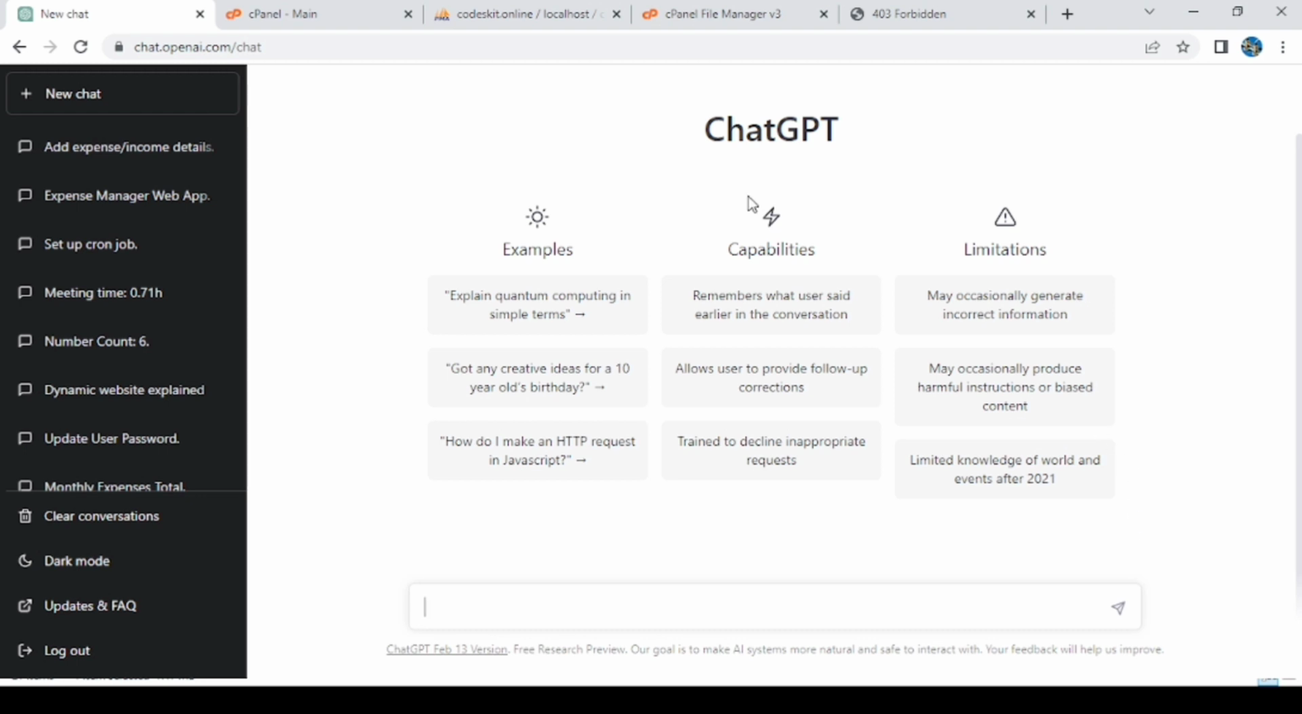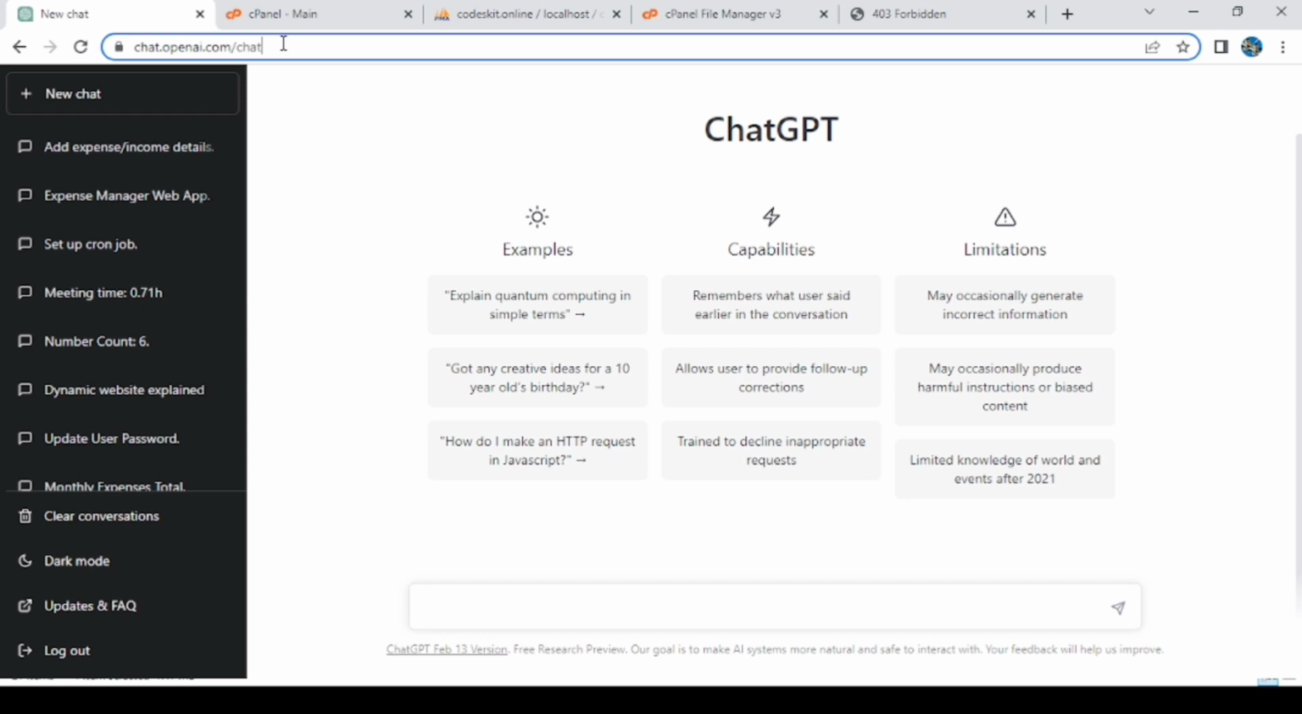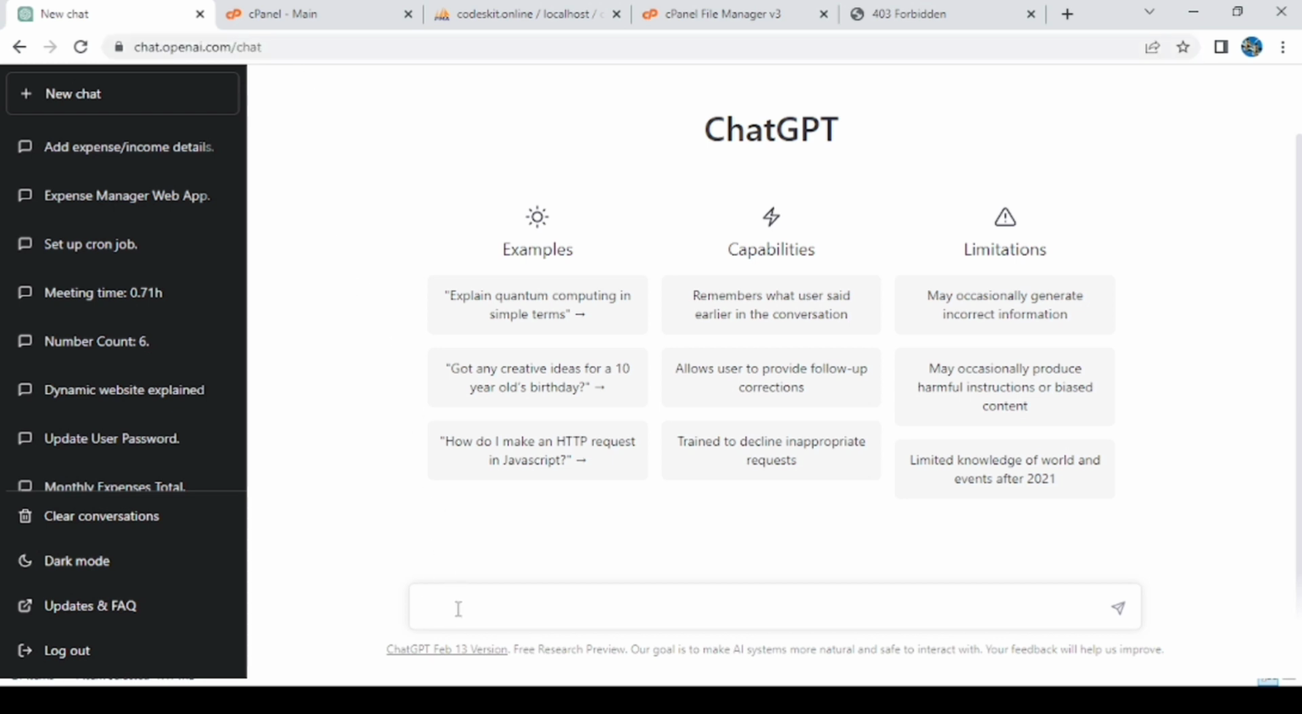Just go to the chat, openai.com/chat. After that you will get this screen. So go here to the search box and type it: write a code for